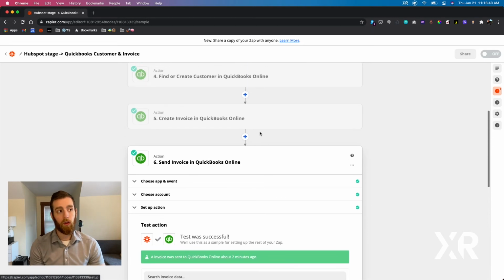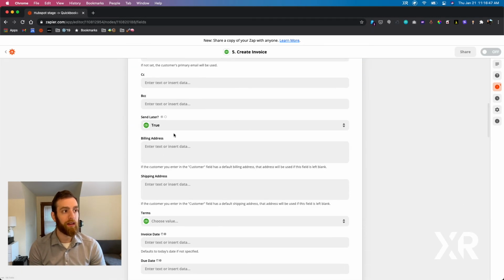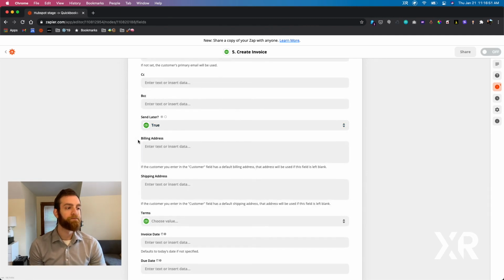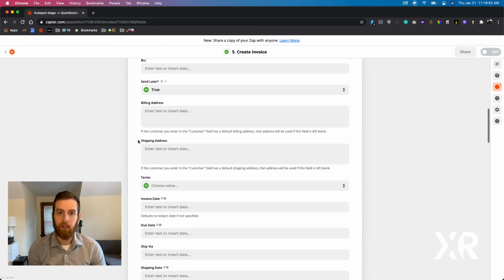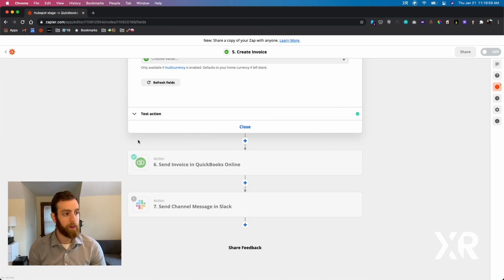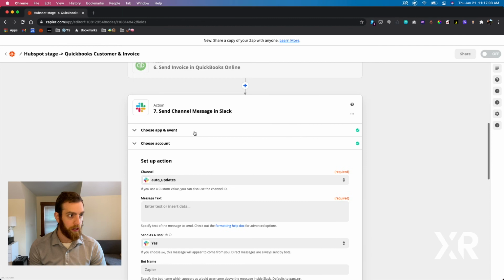You could do this in one step if you wanted to. In the setup action, you could say send invoice later false, and that would immediately send the invoice. Some people like to break it up into 2 steps. I was just breaking it up into 2 steps to show you every individual step here. And the last thing that I'll show you on this automation is going to be the